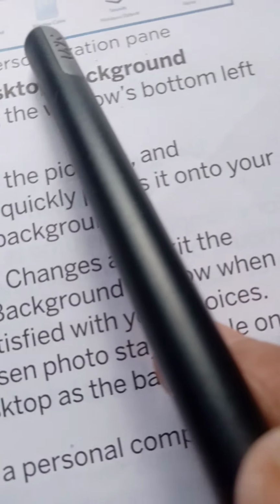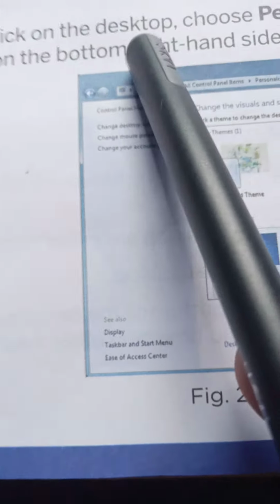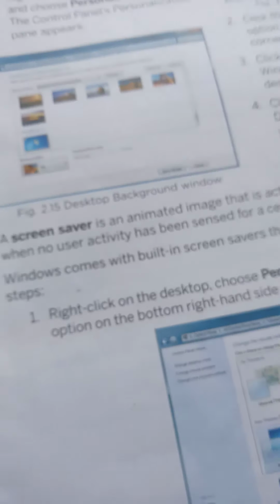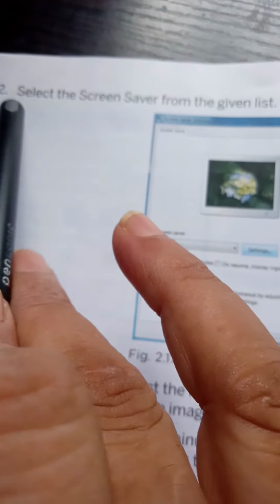You see here the button Screen Saver. At the bottom right hand side of the window, you click here, then select a screensaver in the given list.